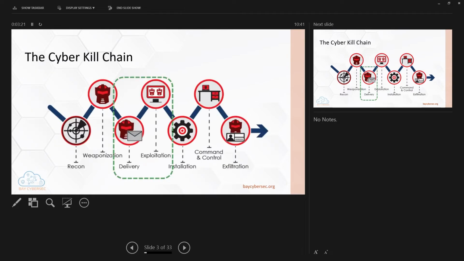So, the cyber kill chain is a 7-step diagram that illustrates how attackers prepare, execute, and perform cyber attacks today. It always starts with the reconnaissance stage, where your digital footprint is assessed on the internet to understand what kind of attack surfaces exist and how it would be easiest to get in,